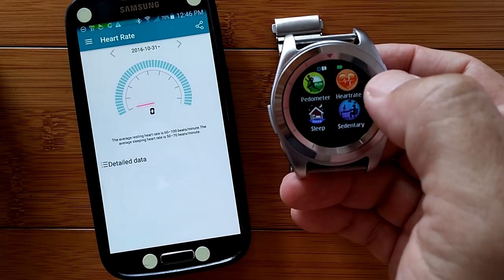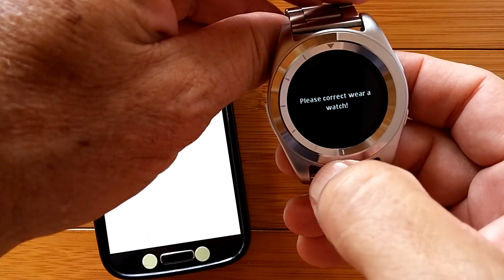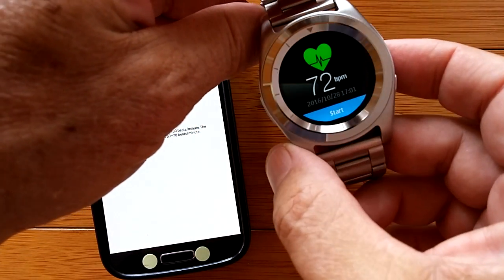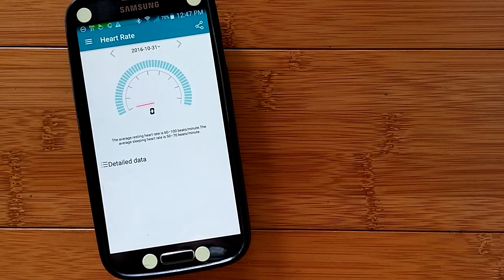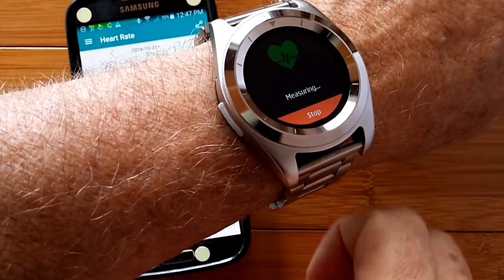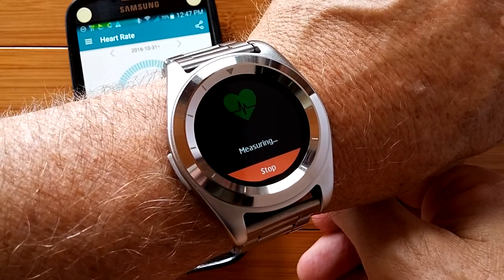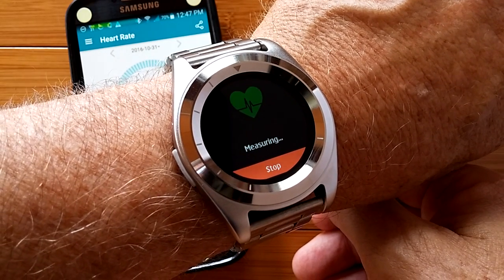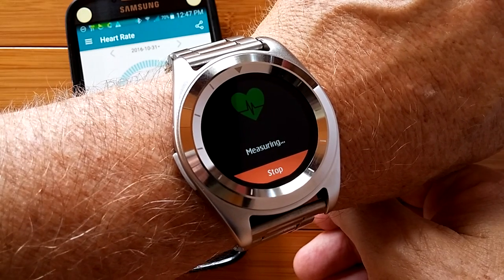right here. And the diodes are on the back. Start it. See, it's not even going to let me do it unless I actually have the watch on, like so. And now we do it. And it's measuring my heartbeat. This particular one, the No.1 G6, has an interesting layout of the diodes on the back